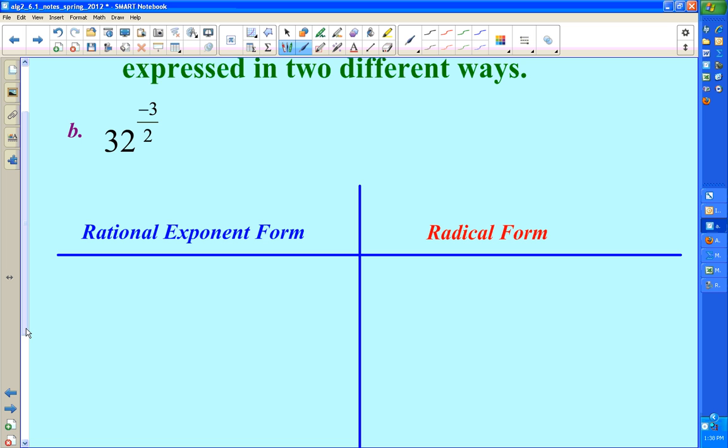Negative exponents, what does that tell you to do? What is a negative power? Put it on the bottom. Yeah, send it over 1 or under 1, one of those things. So 1 over 6. But first we're going to look at this using exponents. Now, you have 32 to the negative 3 halves,